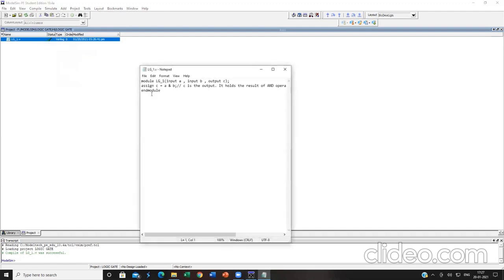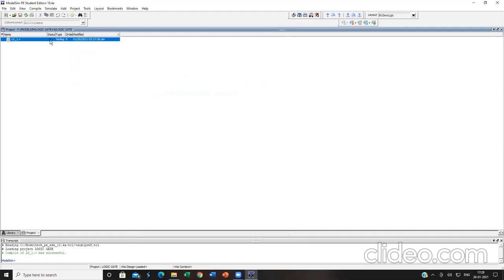Suppose I remove the semicolon from this module statement, let us see what happens. For each editing operation you do, you have to click on Ctrl S so it gets saved. For each edit, the file automatically changes from the executed mode to the unexecuted mode. Okay. So again, right click it, click on compile, compile selected.